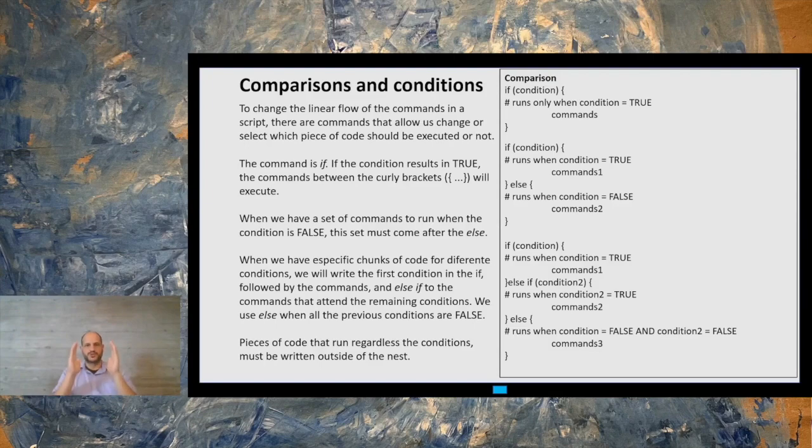If the condition is true, curly brackets, first block of commands. Else, the condition is false and I want to add a new condition: else if, condition again. Remember, condition, true or false. Curly brackets. This block will run if the second condition is true. And if